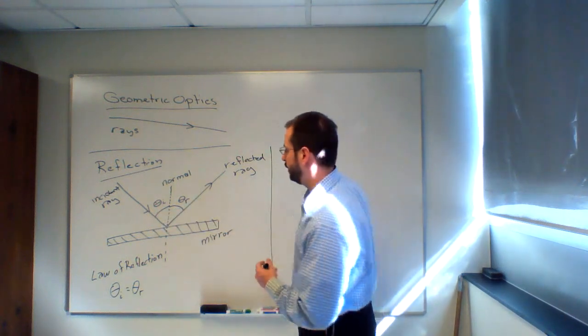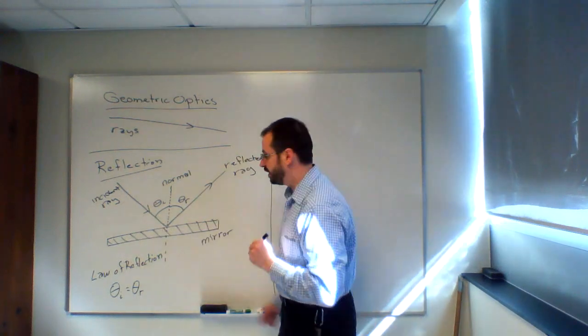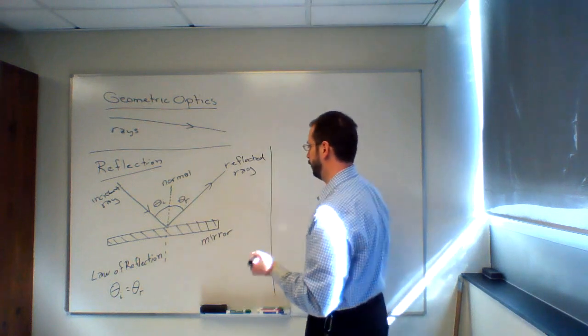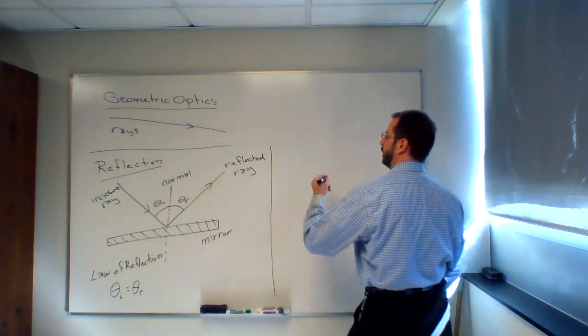So we could try to trick you. We could give you a problem where we give you the angle from the mirror itself. If we gave you that angle, then you'd have to do 90 minus that angle in order to get the angle from the normal. That's the principle of reflection. This brings us to